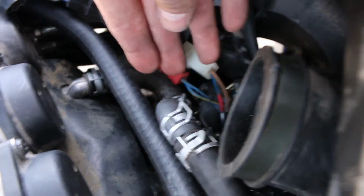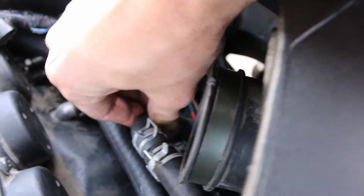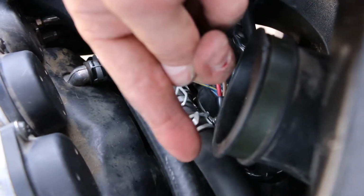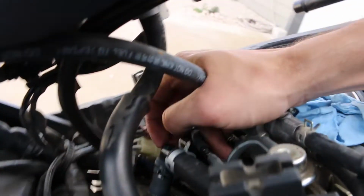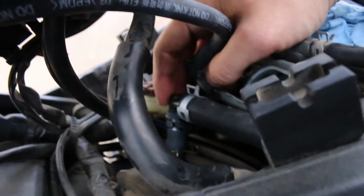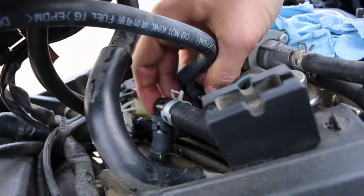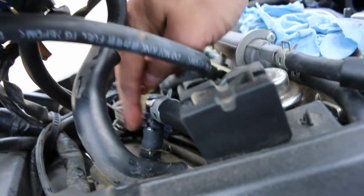The reason I did it like this is I didn't want any kind of ability to pinch, so this already built-in 90 works better than trying to form this into a 90 without pinching the hose. So it runs along the frame here and then down right here into the crankcase. So what I did with this, I don't know if y'all can see or not, but I cut a piece of the factory hose and then I used a plastic 90T to 90 it there to prevent pinching as well. Because normally